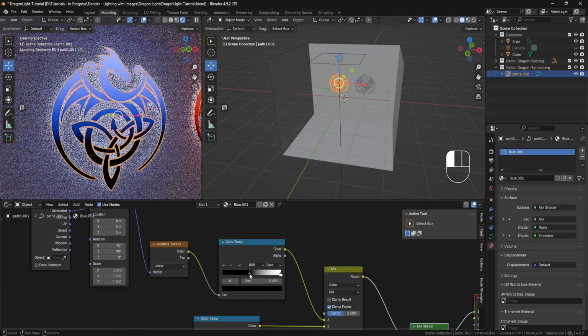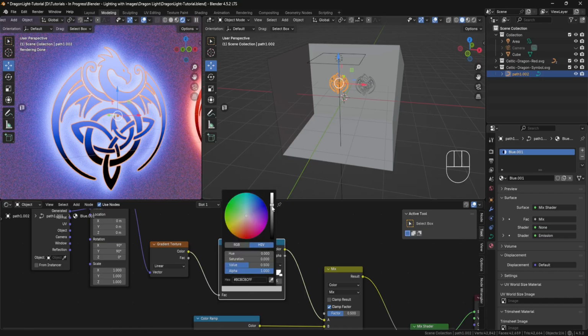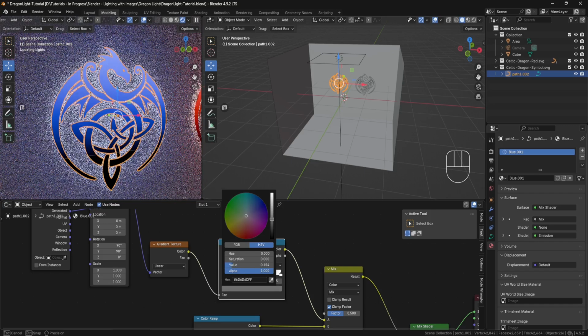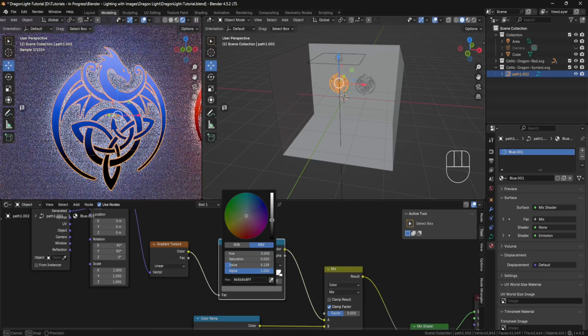But I want a little more control over the gradient, so I'm going to click this plus button on the gradient color ramp, and that will add another slider here in the middle. So I'll click on it to select it, and then click on the color bar, and I want to drag this slider down towards the black, and as I do, you can see the color start to darken. So I'll set it right about there,